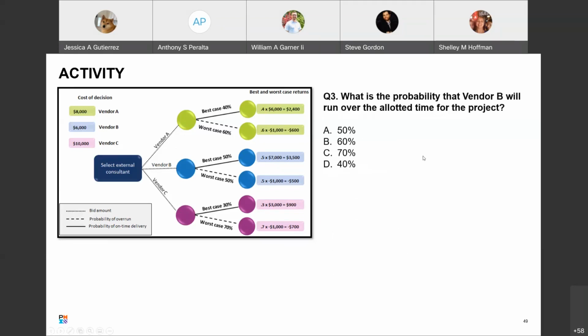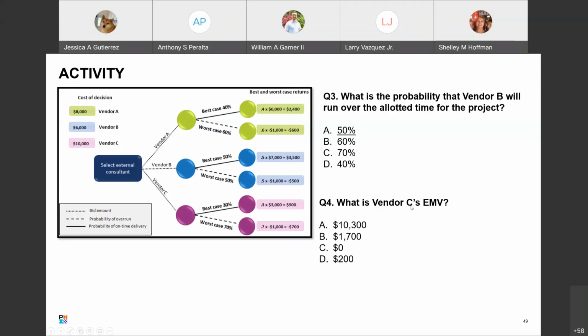Next, what is the probability that vendor B will run over the allotted time for the project? 50%, 60%, 70%, 40%. 50. Sounds good. That one's an easy one. Okay, here we go now.